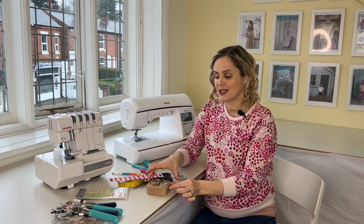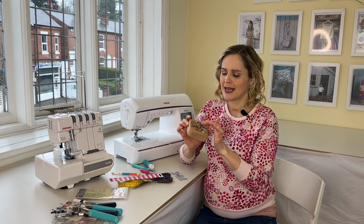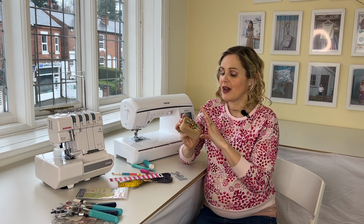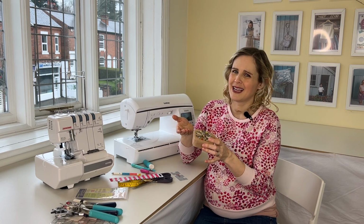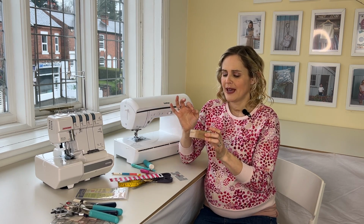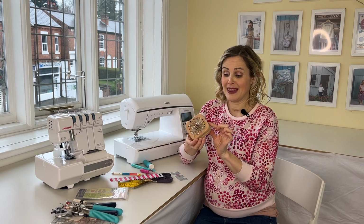And then next on my list are decent pins. So I like using the Prym glass-headed ones, and I find that these are a good all-rounder. I use them on a wide variety of different types of fabrics. Generally I find that they're better quality than plastic head pins that I've used before. They're a nice thickness, they don't snag fabric too much,